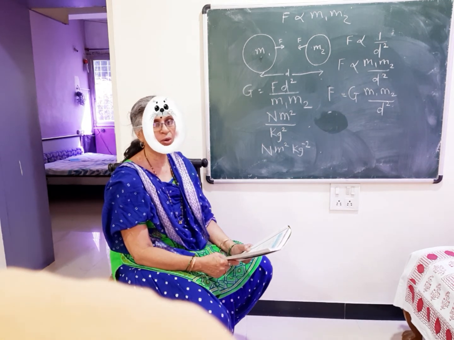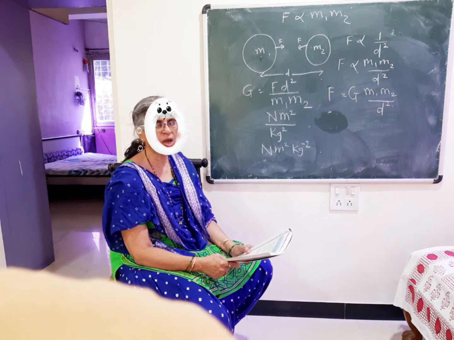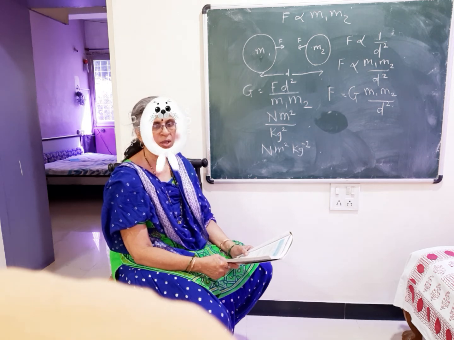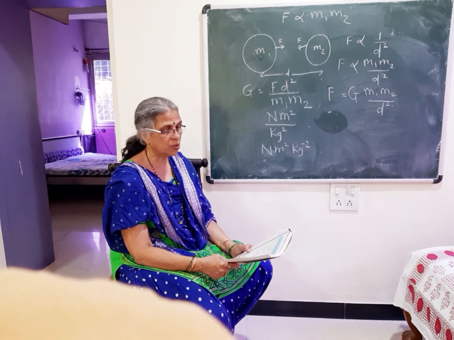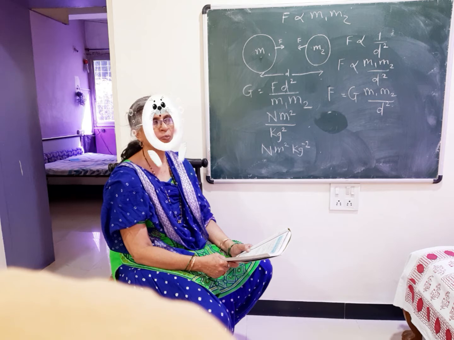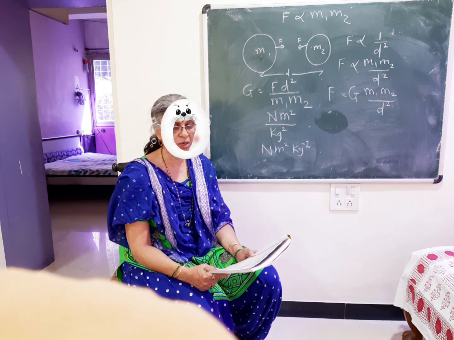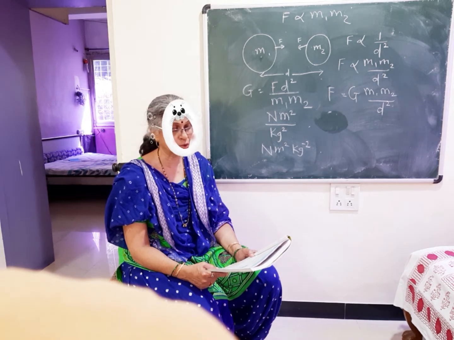So now we are going to prove Newton's inverse square law of gravitation, in which we have considered force inversely proportional to the square of the distance. How did Newton prove this using Kepler's third law? That we are going to see now. It is some mathematical part. For that we are going to consider again the terms which we have previously seen, that is uniform circular motion and the magnitude of centripetal force. The definition of centripetal force we are also going to see.